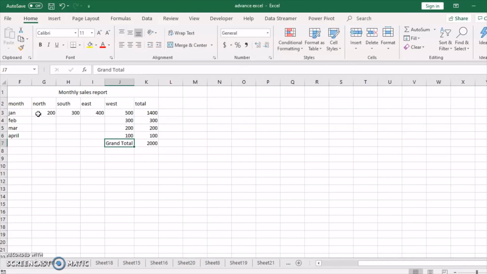Right? So this type of macro creation is the next thing that we would be teaching in Advanced Excel.